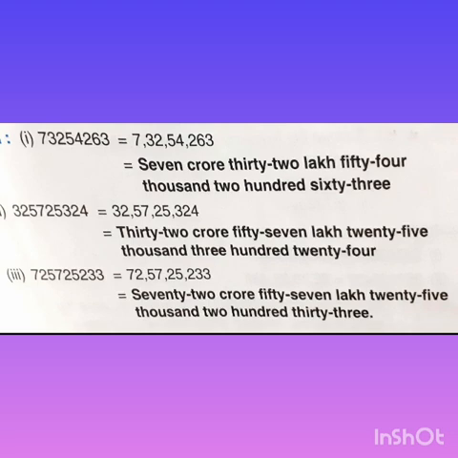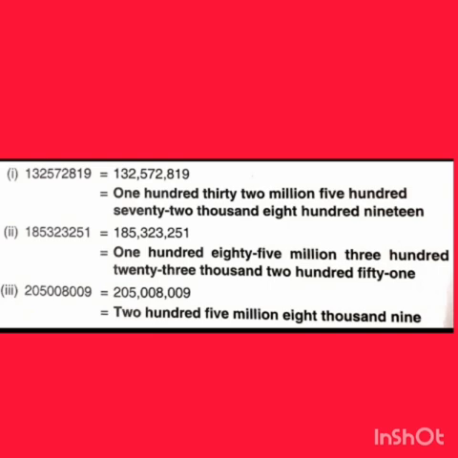Now let us see some more examples. Coming up next with the example, 1032 million. Now there are 3 digits in each block. Okay, first block is of the million, second block is of the thousands, and last one is of the ones. Okay, so how will we read this?